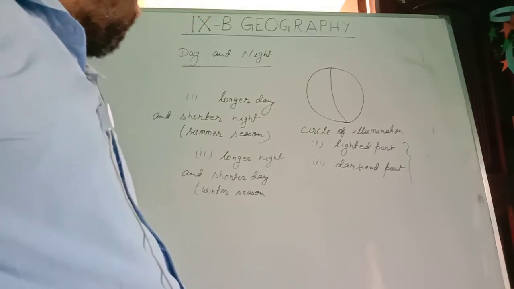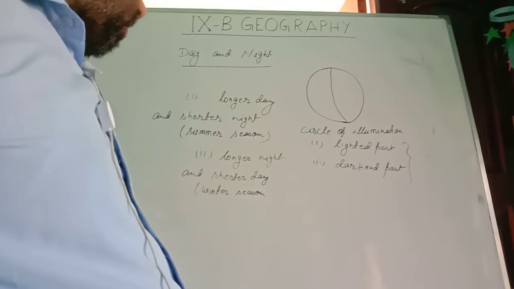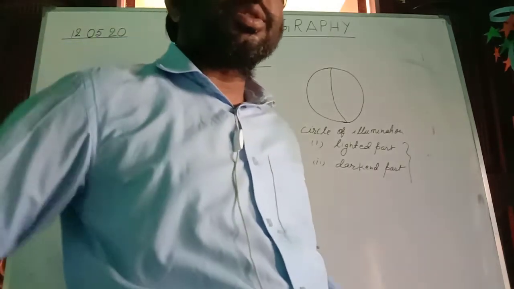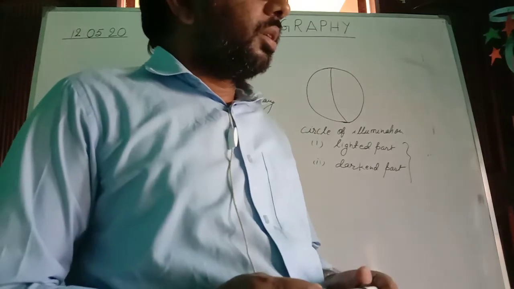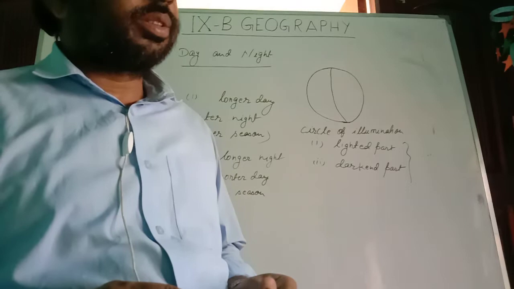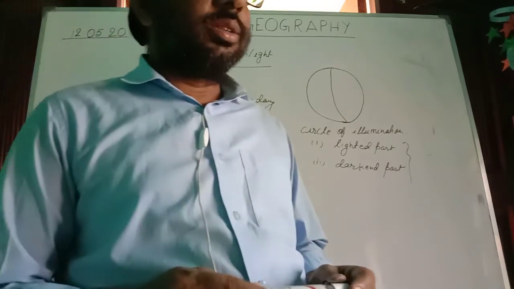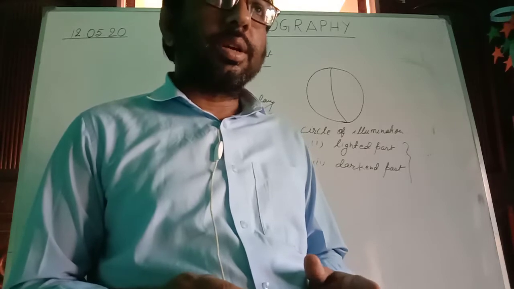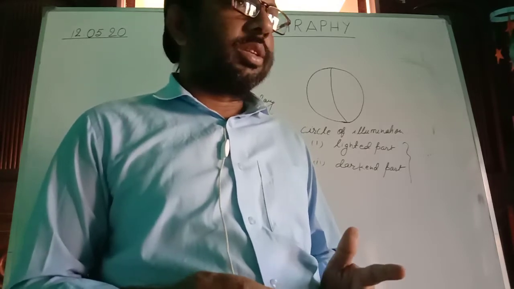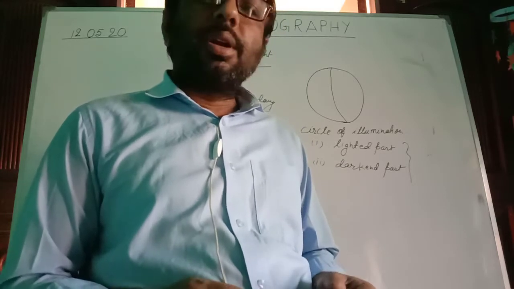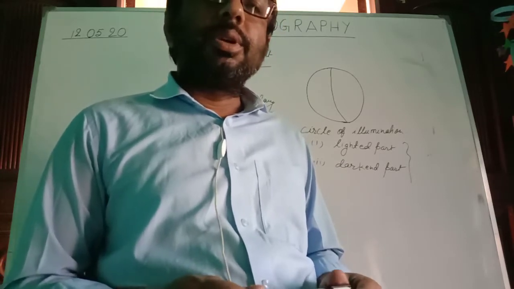Again, when the southern hemisphere is tilted towards the sun, that time the southern hemisphere experiences summer, and in summer there is a longer day and shorter night. And at the same time in the northern hemisphere there will be winter, and in winter there will be longer night